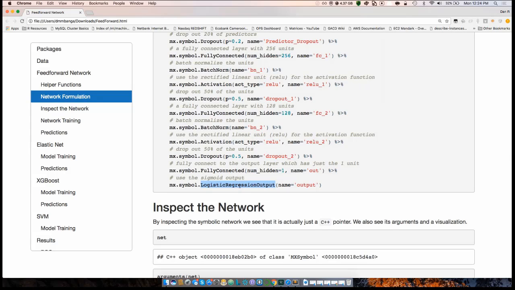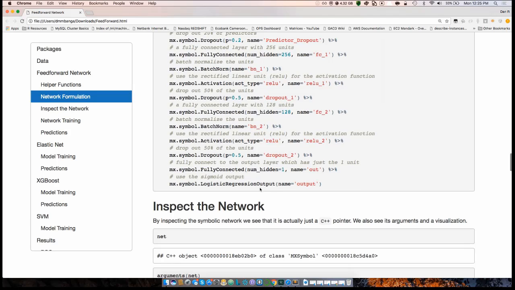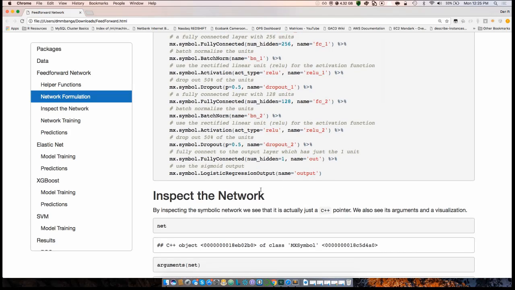Yeah, so the more layers you have, the deeper it gets. The individual layers don't need to be as wide, and that makes the fitting process easier. So you can go deeper and deeper, and that actually makes it easier to fit than having just one wide layer. Then we get to the end and we have one hidden unit because it's binary regression. You're just predicting the probability of it being true. And the output is a logistic regression output. If you do deep learning, this is called a sigmoid output. For you coming from data science and statistics, you call it inverse logit.